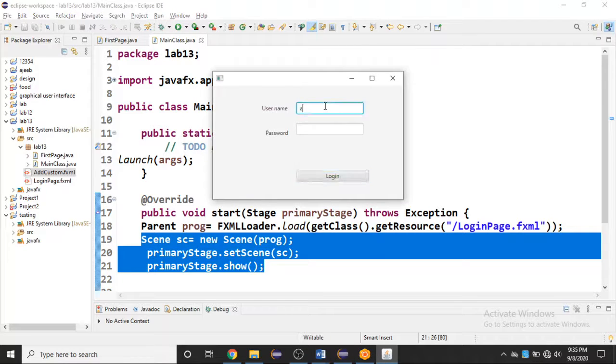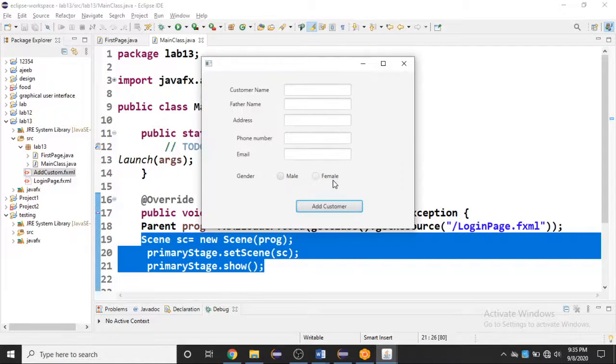So by typing admin and oo as a password, I am clicking on the login button. I have this page. Now you can see how this radio button works with adding the toggle group. Again, we don't have any functionality defined for this add customer button, so I am closing this.